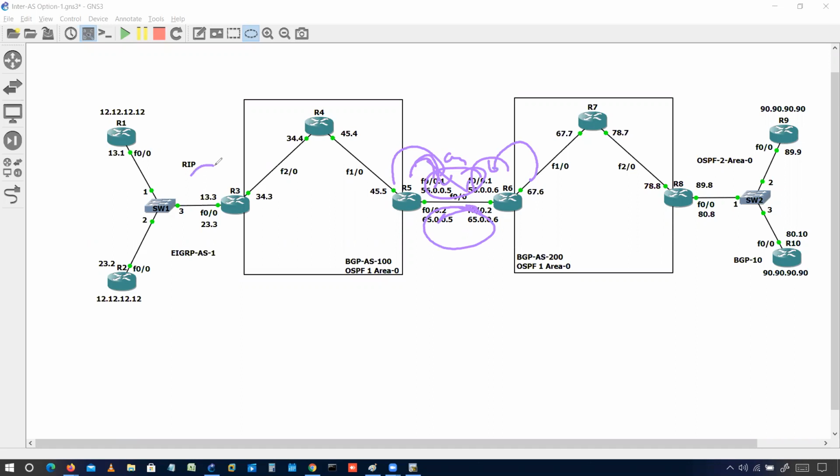But right now here we have an IGP protocol, so we need redistribution. We will do a mutual redistribution from BGP to the RIP protocol and BGP to EIGRP to get those routes here, and then finally from RIP to BGP. The RIP to BGP part we have done already. We have to do redistribution from BGP to IGP only. Okay, let's go to R3.